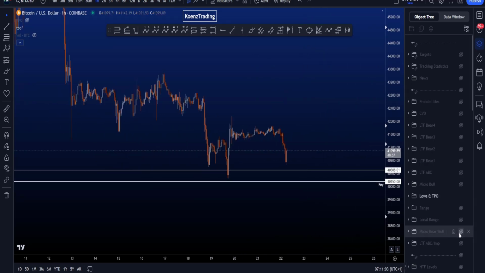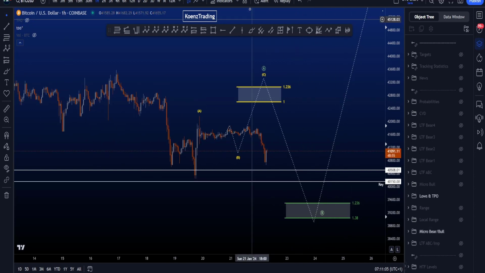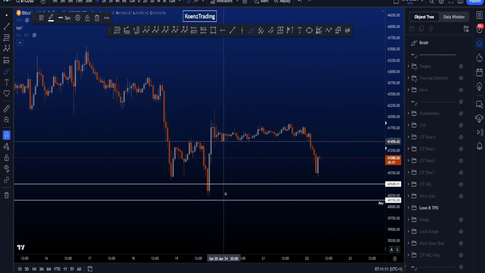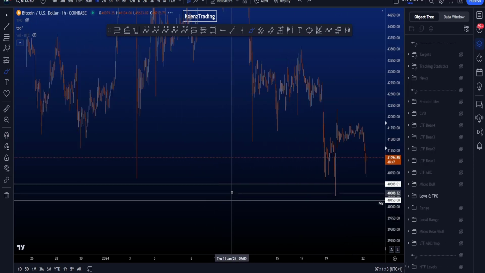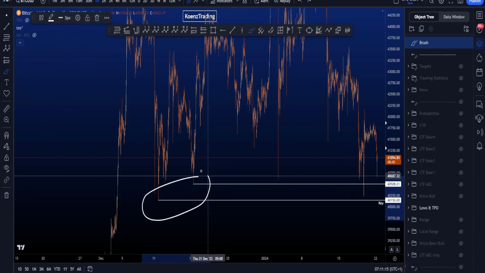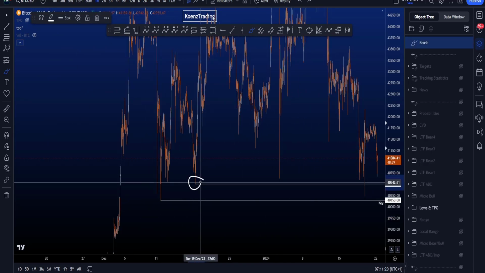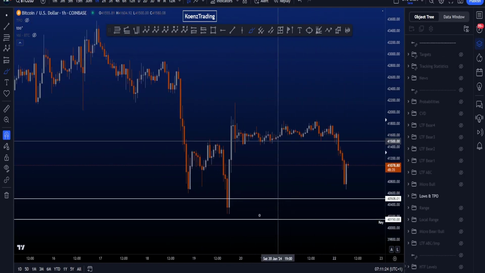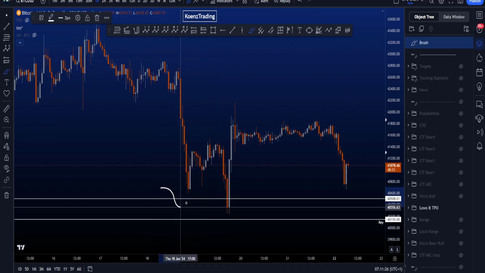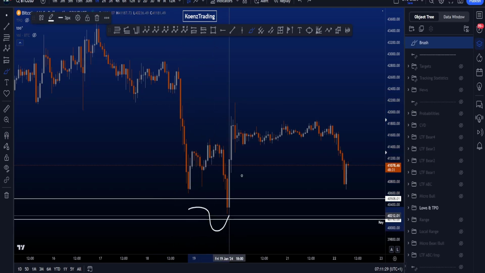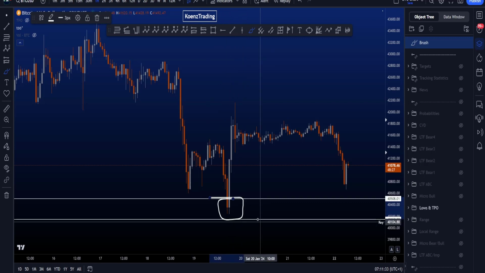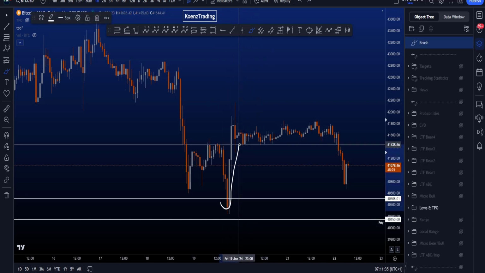Something else that is nice in confluence with this scenario, as mentioned, is taking the low, but also from a TPO perspective, it's nice to see this low taken. This low over here was made between these two lows, as you can see, low number 1 and low number 2, and the low over here did not wick any of these. It was not a wick and then a move to the upside, or a wick here and then a quick move to the upside. Instead, price continued to range here for a little bit of time before then moving towards